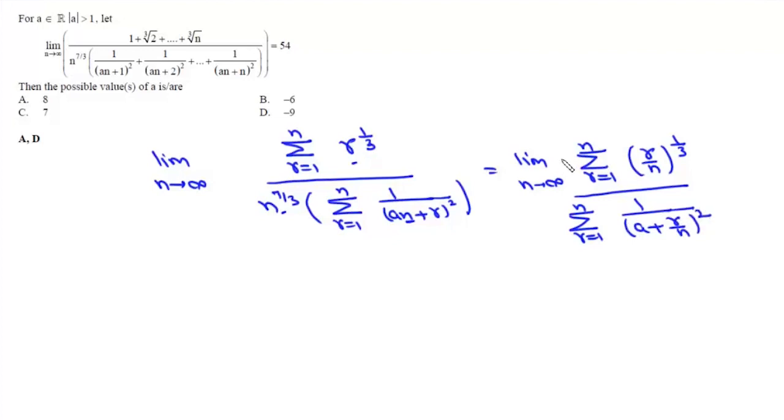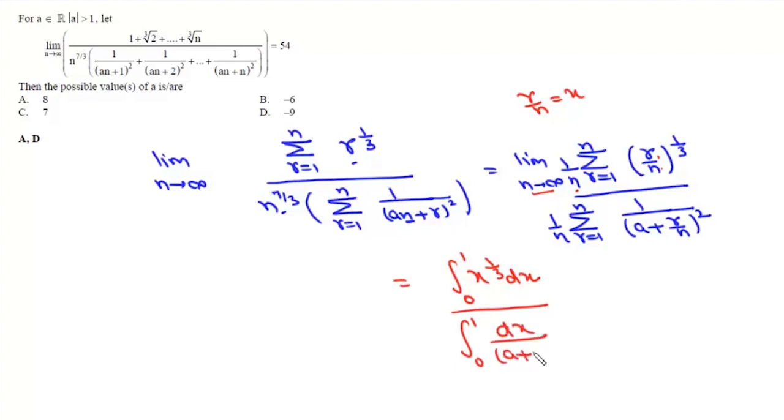Now what we'll also do is we'll multiply numerator and denominator with 1 by n. Now it satisfies all the three conditions for limit of sum. Now we have n tends to infinity, we have 1 by n and we have r by n. So we'll replace r by n with x. So it will be this integral, and then x to the power 1 by 3 dx. Now when r is 1, it is 1 by n, and 1 by n is 1 by infinity, 0, and upper limit is n by n, which is 1, and for this also we can write this integral from 0 to 1